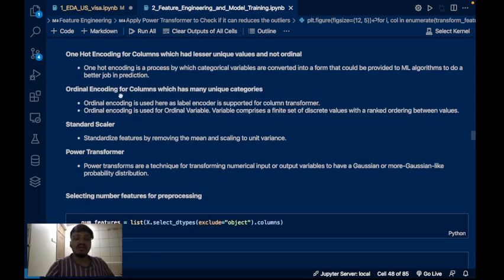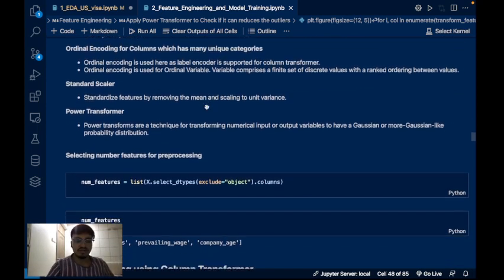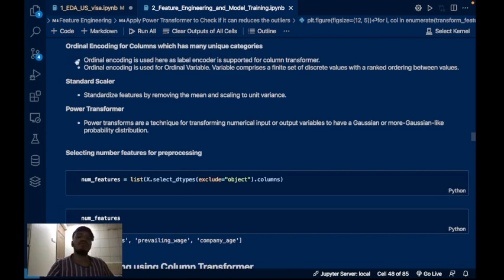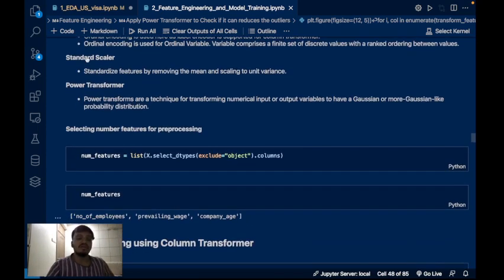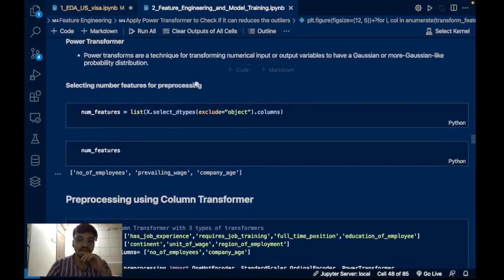Okay, for ordinal variables which have some kind of hierarchy, for them we are going to use an ordinal encoder, as a label encoder is not supported in a column transformer. Okay, so we are going to do ordinal encoding for our ordinal variables. With the standard scaler, we are going to standardize the numerical features, and after standardizing we will have values roughly between -3 and 3, and all the features will be scaled. Okay,